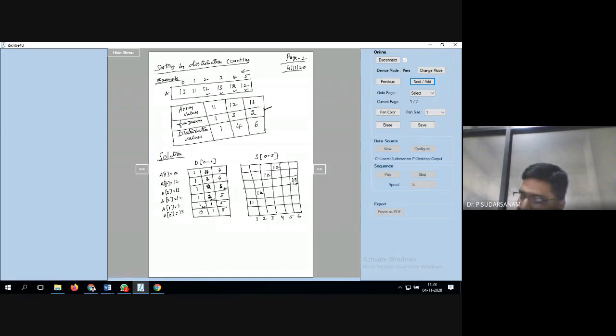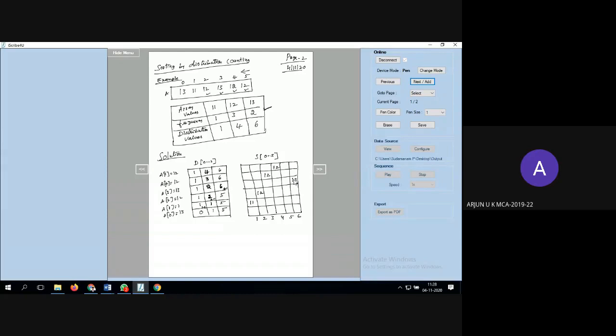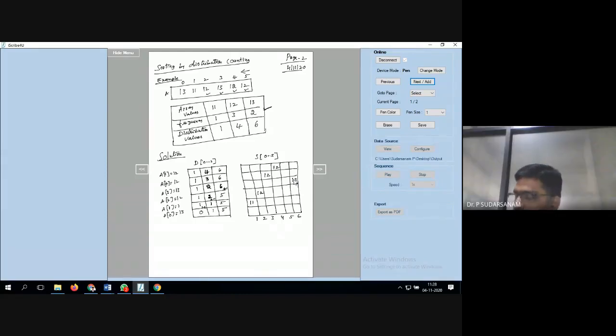Next, what is the next value? A of 0 is equal to 13, sir. 13 is nothing but the last location. This one. In the distribution for 13, 6 is there. 6 became 5 now. So 5 minus 1 is 4, sir. Write the 5 value first. So 13, it will become 5 minus 1, that is nothing but the 4. So that is nothing but 4, 1, 0. Till now I used the pen properly. Now I'll rewrite this once again. 4, this is nothing but 1, this is nothing but 0.